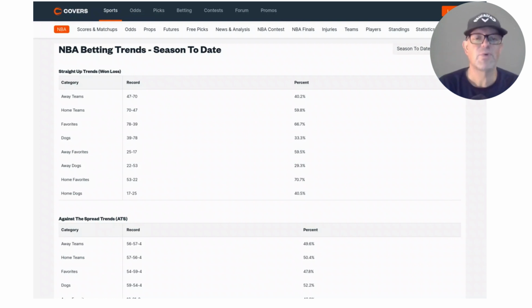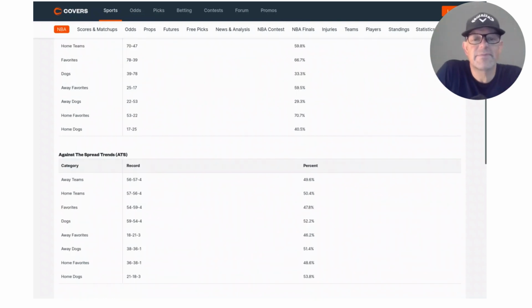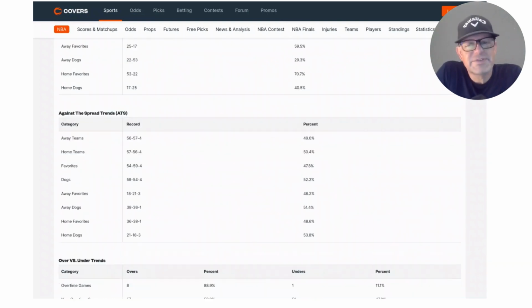Now, this is also important to scroll down just a little bit and look at the ATS numbers. You can see home. Now, just because a team wins doesn't mean they're going to cover. That's very important. Home teams, 50%. So basically, there's no advantage ATS. All right. And scroll down to look at home dogs covering 53%. That's sort of important to note as well, because a lot of times the old adage,